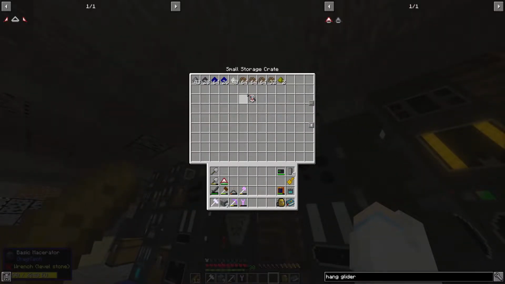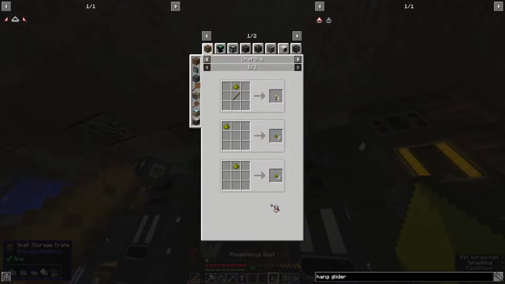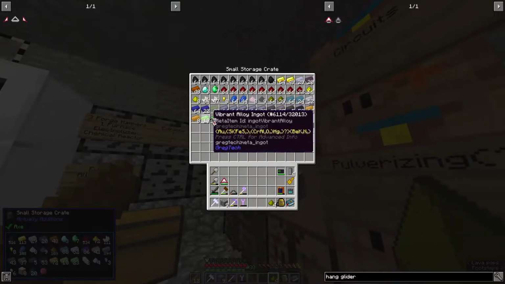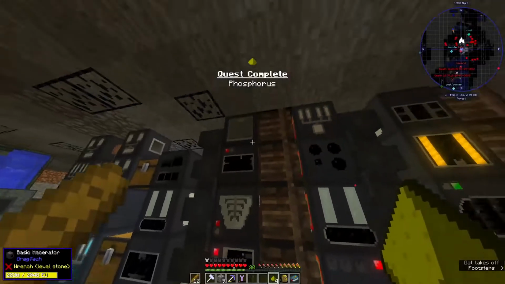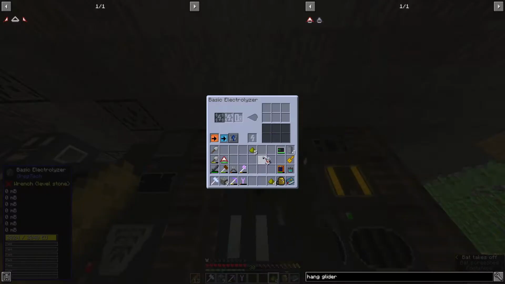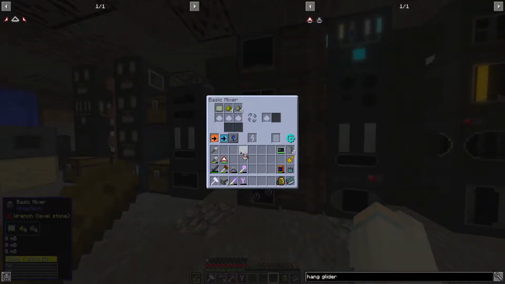Yeah, we have some bauxite, some more salt. Oh, that's our phosphorus, and now we just need some manganese dust, which we should have, like some manganese ingots. Yep, there's phosphorus. Now if we macerate these guys, to get straight phosphorus we need to electrolyze phosphate, and then just mix these